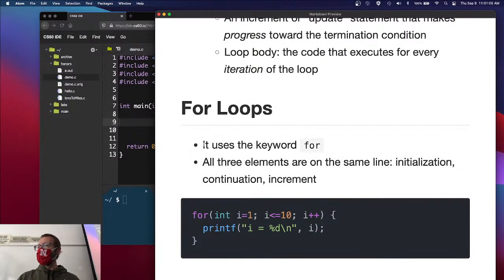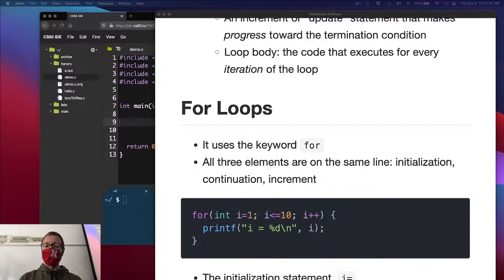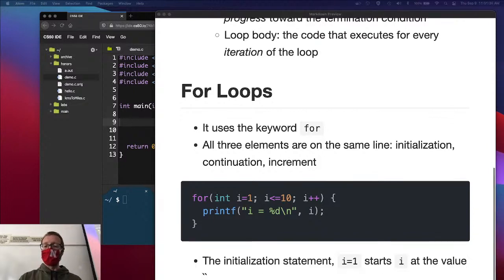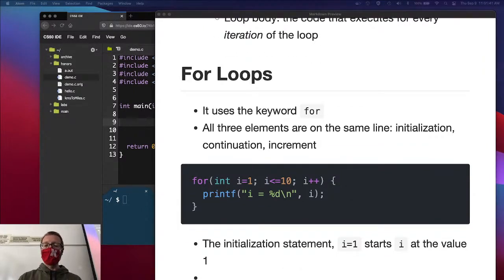All right, so in both languages, except for, of course, the printf statement here, this is a valid for loop. And I just wanted to remind ourselves of what each one of these pieces of this loop is all about. The initialization statement, that's the first one, where I've got i equal to 1, starts i at the value 1, right? So pretty straightforward. The continuation condition